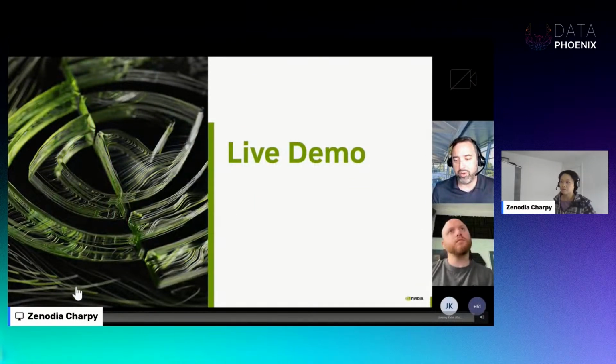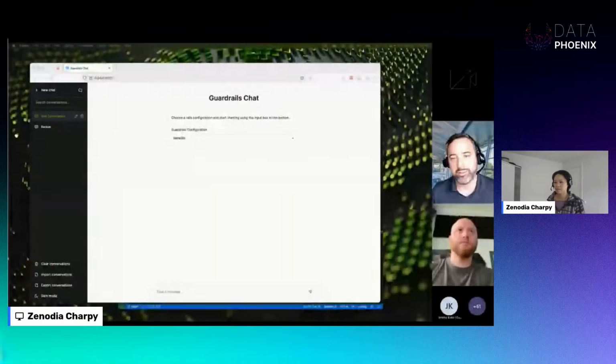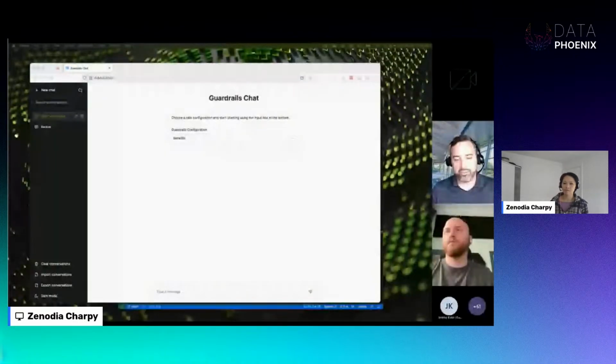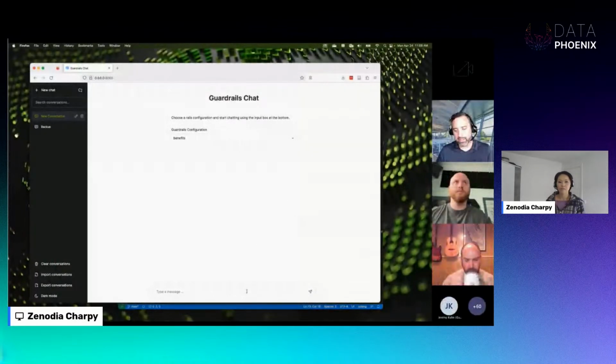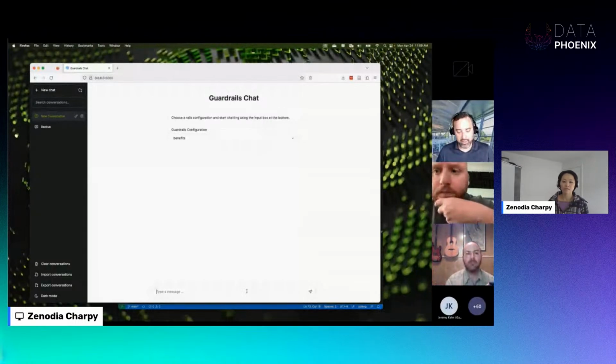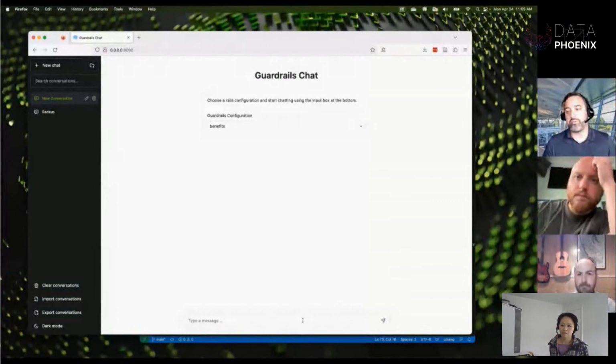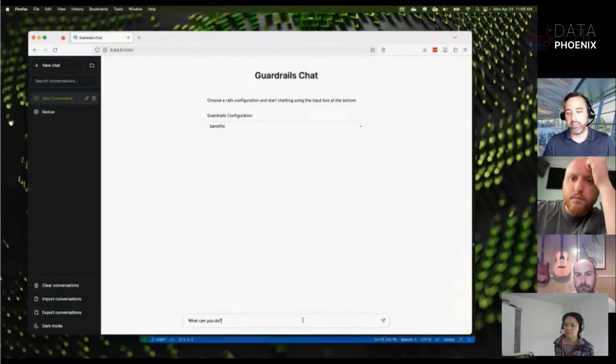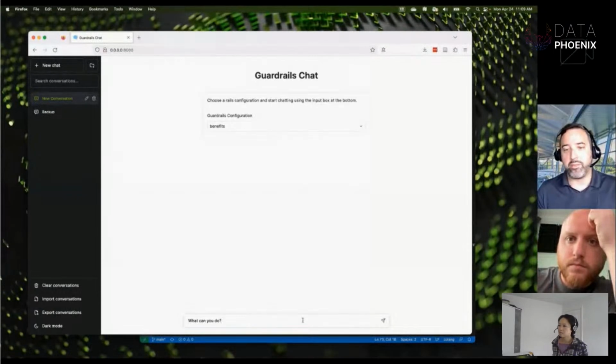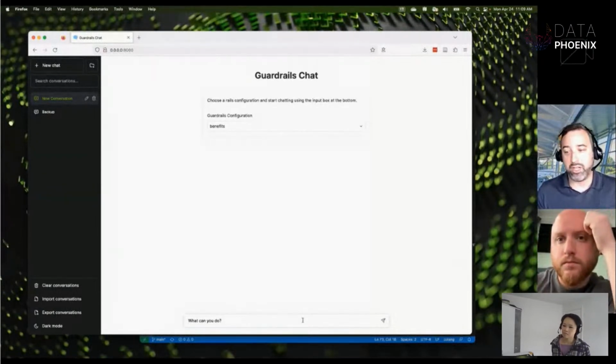Now I'm going to show you a live demo. My colleague Chris Parisian, who's one of the developers who built this technology, is going to operate this demo, and I'll explain what you're seeing. So here we have a simple chatbot application that we've built on top of a large language model. We've connected this language model to a knowledge base. In this case, it's an application for answering questions about NVIDIA's HR benefits, and the knowledge base has a lot of information about NVIDIA's HR benefits and policies.